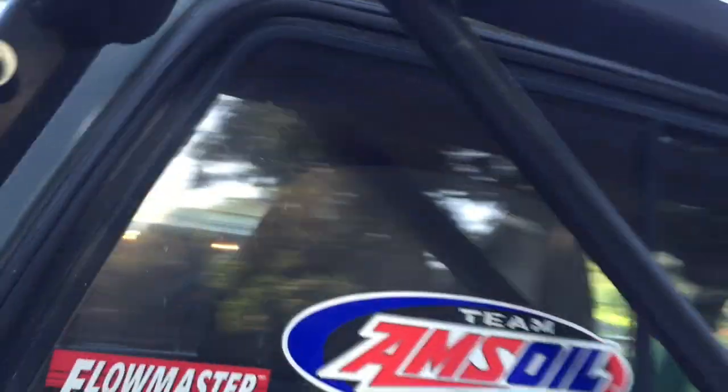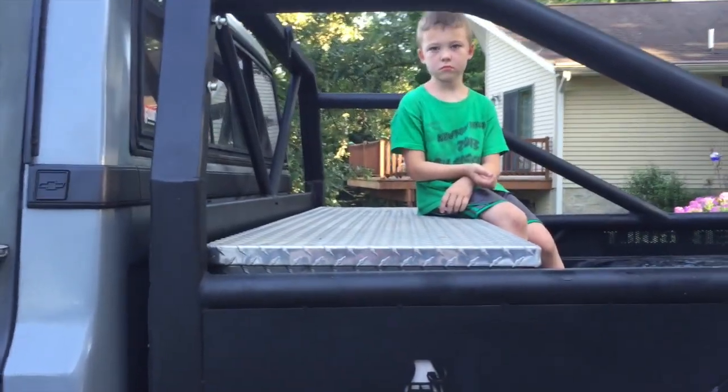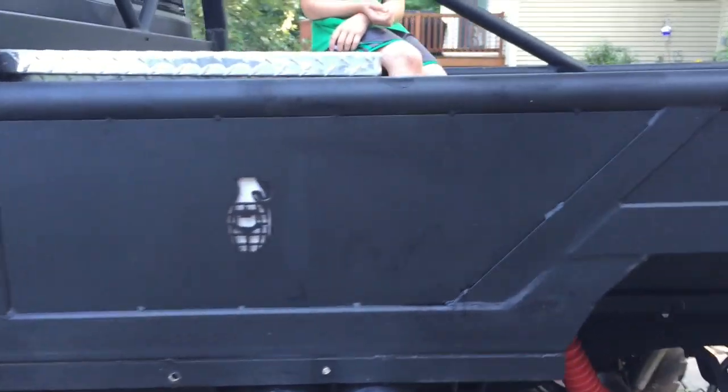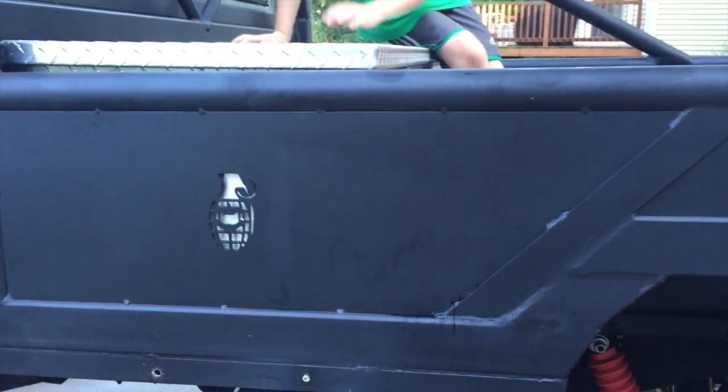Everything's welded with 7018 rod. I've got a TIG welder, but I just wanted to use the stick welder on this. Most of the bed panels, yeah, all the bed panels are just basically tacked. And then down at the bottom on the outside and the inside, they're tacked with, like, I don't know,